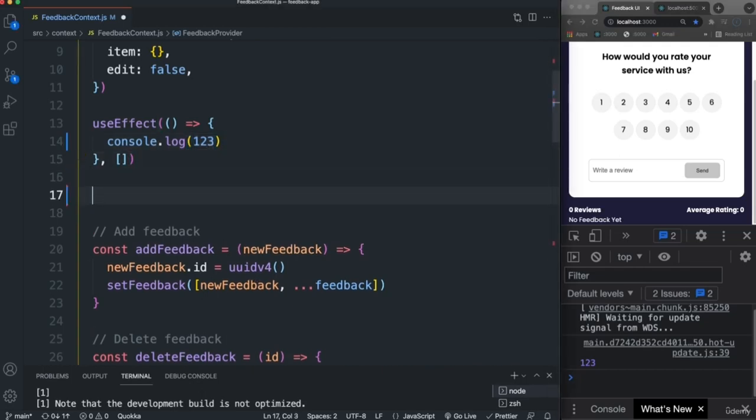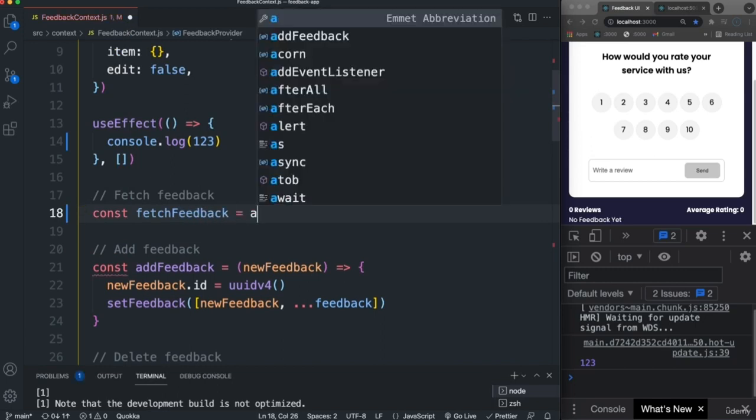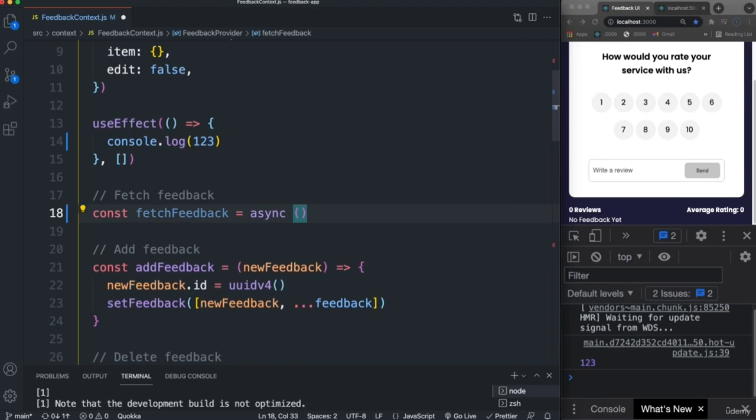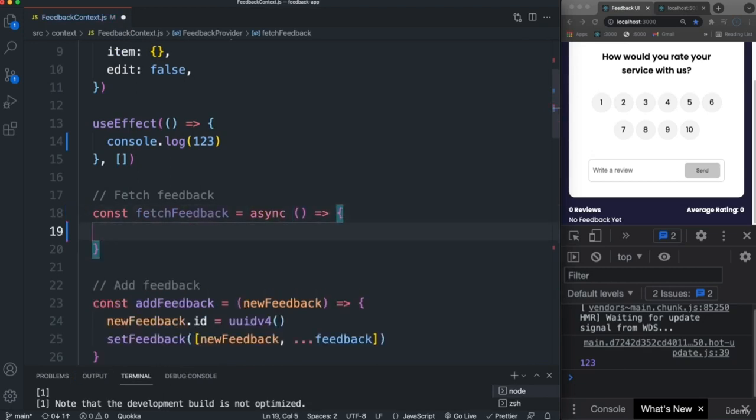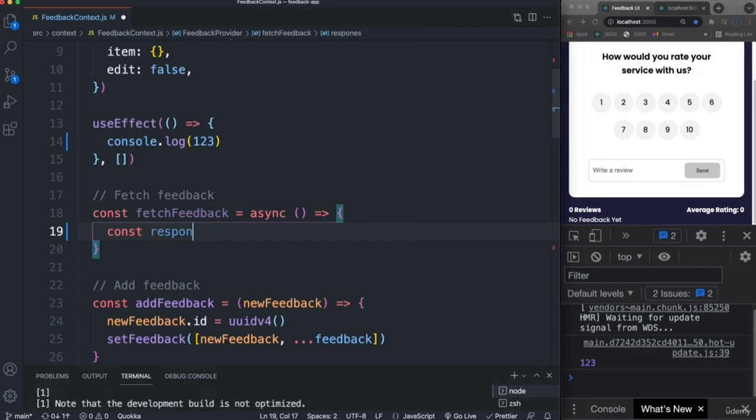So let's go under the useEffect and let's say const fetchFeedback, and we're going to be using async await. So I'm going to mark this as an asynchronous function. And then let's create a variable for our response. Now we're using the fetch API, which returns a promise. So we're going to say await fetch, and we want to hit the endpoint, which is http